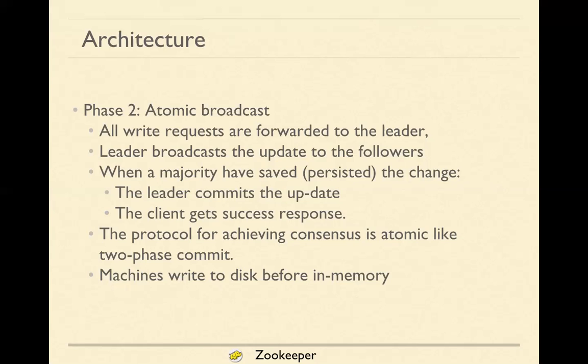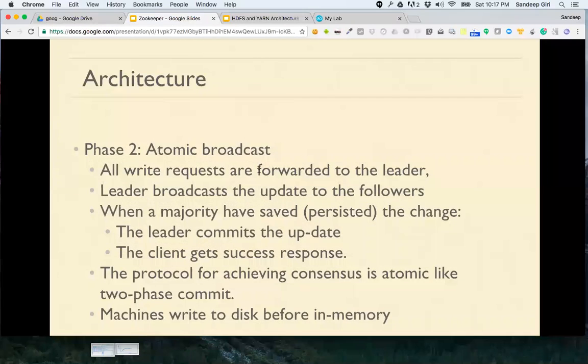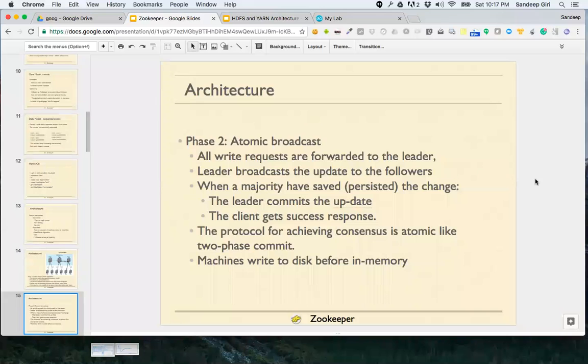And these machines write to the disk before memory. All right, so that's the basic architecture of Zookeeper. The same is the architecture of MongoDB and others. All right, so you can see that